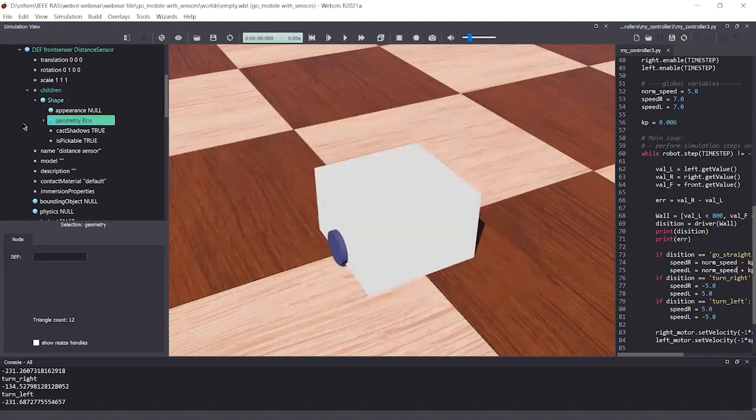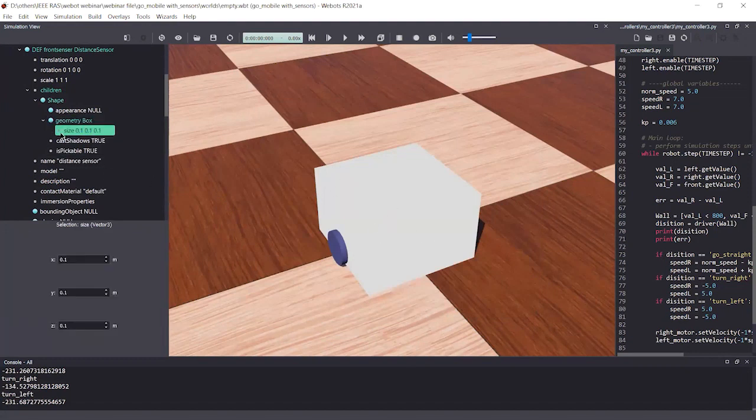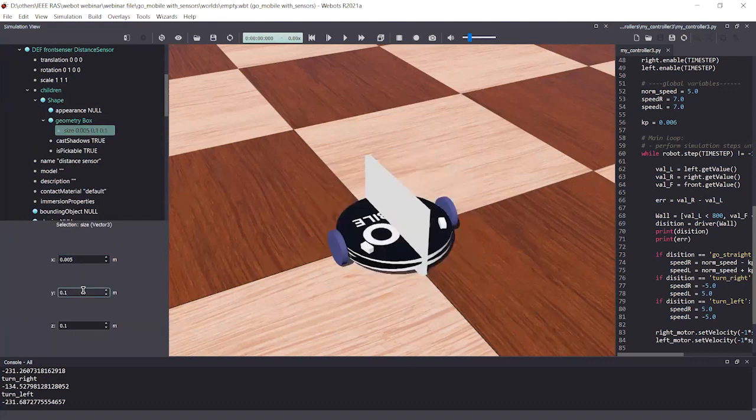Add. Now we need to change the size of this sensor. I'm going to use this predefined size: 5 millimeters on the x-axis, 5 millimeters on the y-axis, and on the z-axis 1 centimeter.